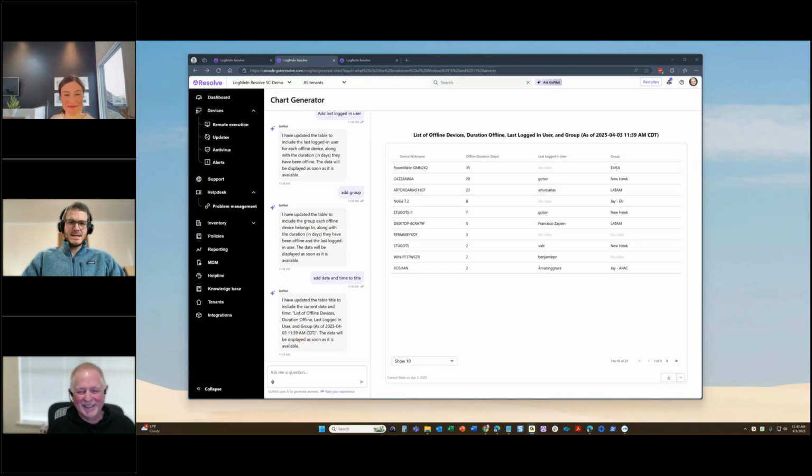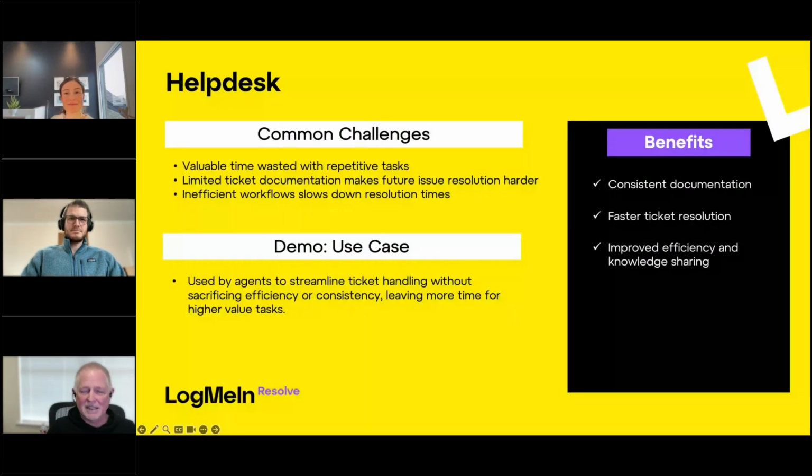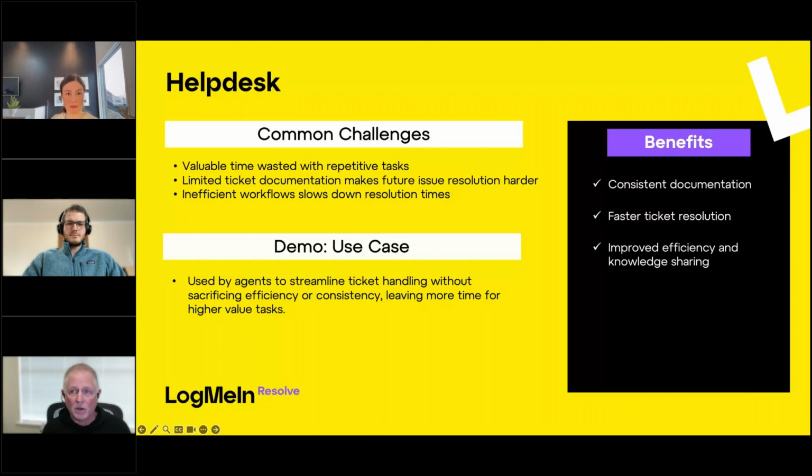All right, next. Next, help desk. Edward touched on the help desk and some of the functionality within a ticket. What I want to concentrate on is showing you the employee side of the help desk portal. The Resolve Help Desk portal allows you to push it out to your employees,